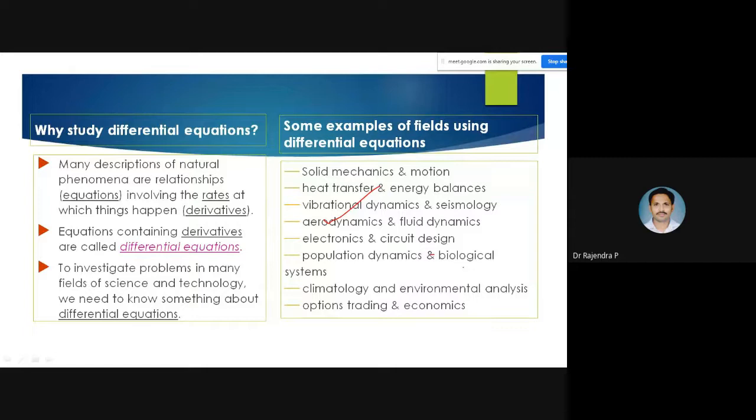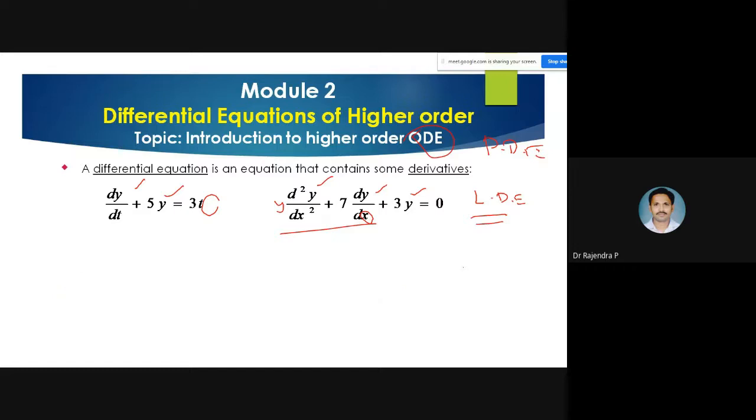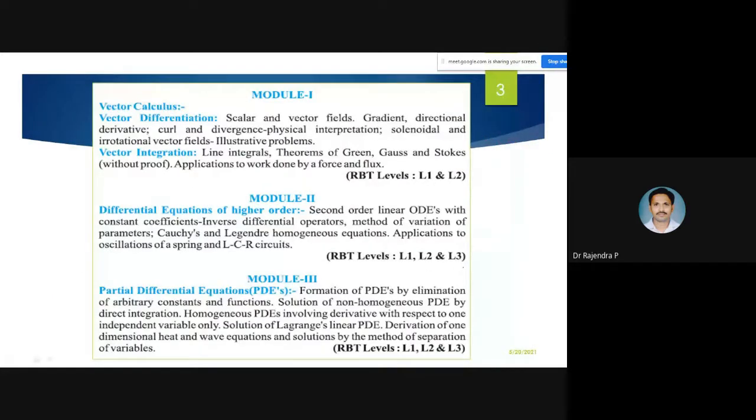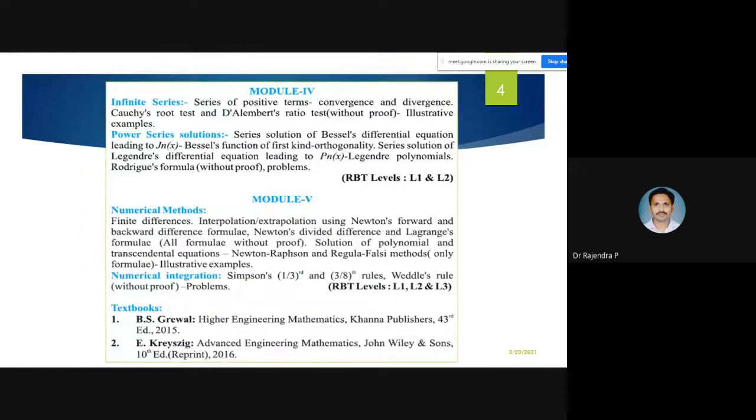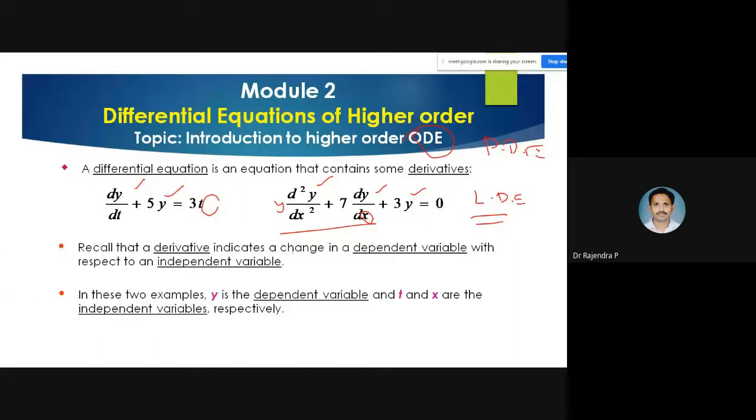Okay, applications are there, but not many. As I mentioned, you just go back, a few applications are there in our syllabus. One is electrical circuits, and another is LCR circuits, and some oscillation problems are there. Only 2 applications are there. That is not enough, that is what I'm telling. So you have to learn so many things. Those we can continue in our maybe